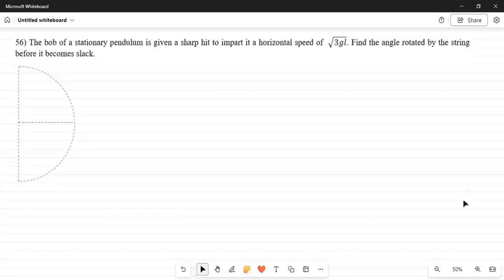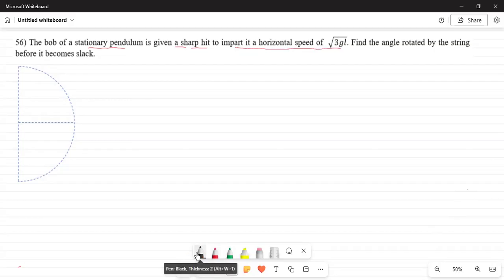Let's solve problem 56 of your textbook. It says that a bob of a stationary pendulum is given a short hit to impart a horizontal speed of root 3gL. That means,